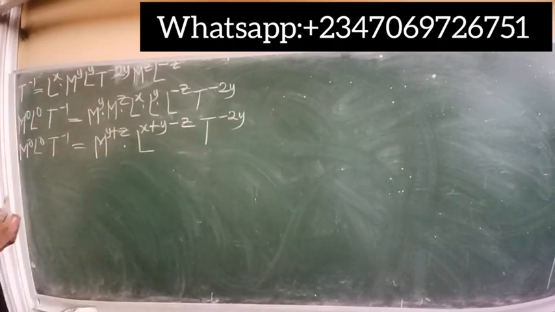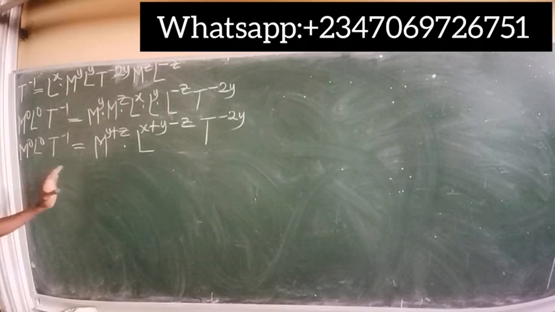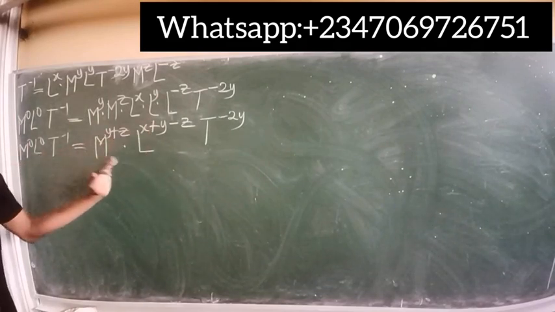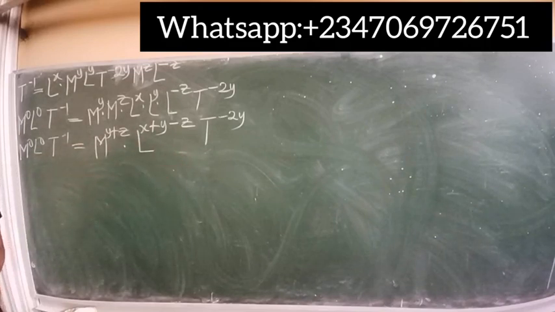So I have now successfully broken this equation down to what? MLT. So on the left hand side I have MLT, on the right hand side I also have MLT. That's the first condition. Now after satisfying this condition, the next thing to do is to simply apply the principle